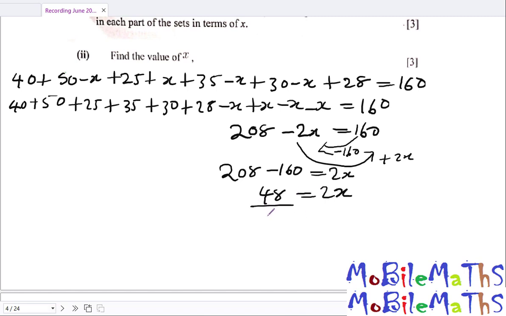Dividing everything by 2, I get my x is equal to 24. So our x value is equal to 24. Okay, so it means